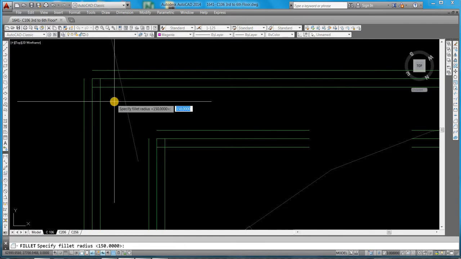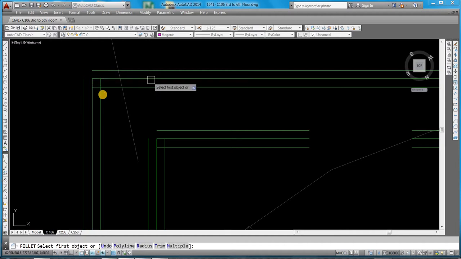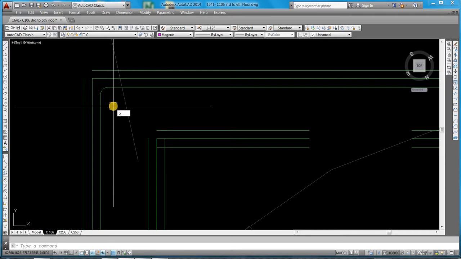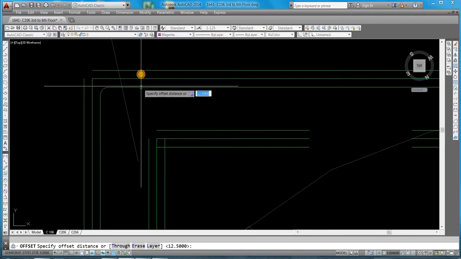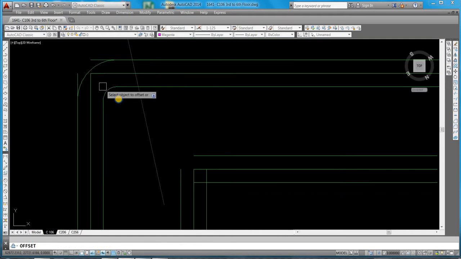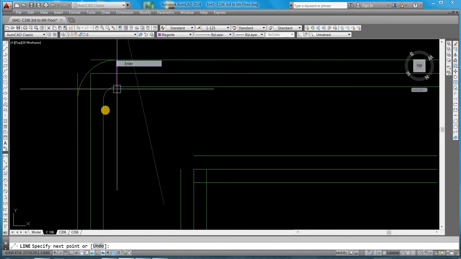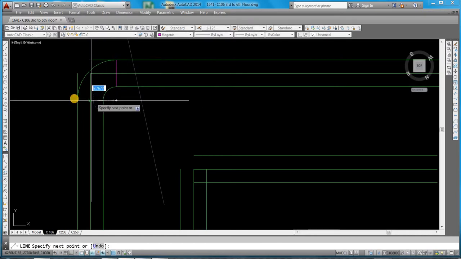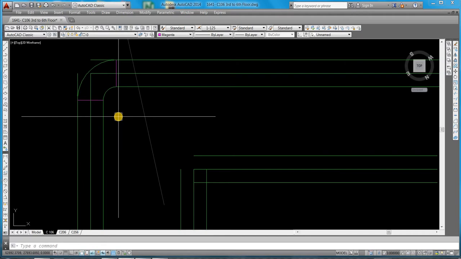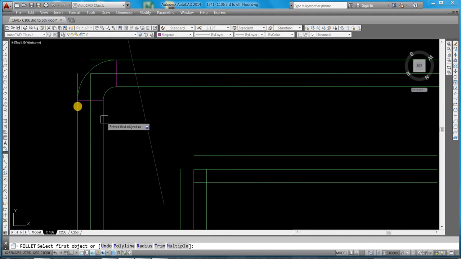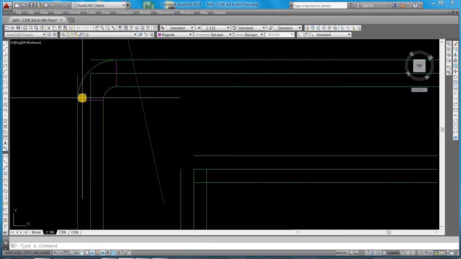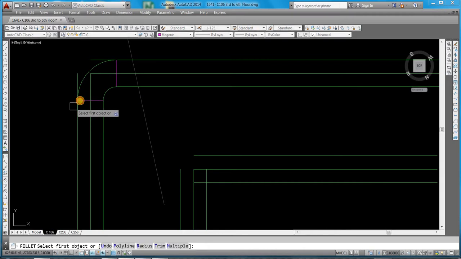Fillet, radius, this half we will get from here to here. This one is the line. Radius, enter.